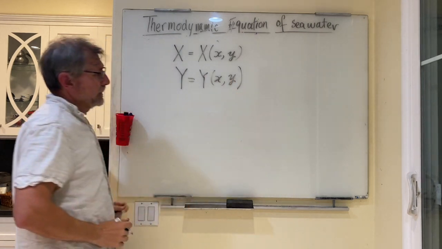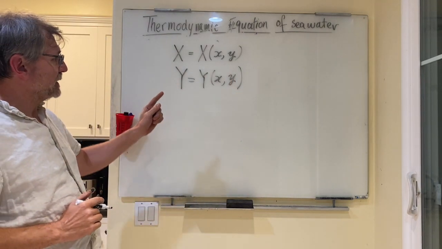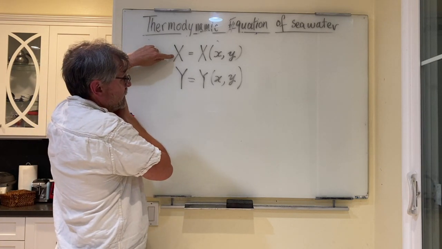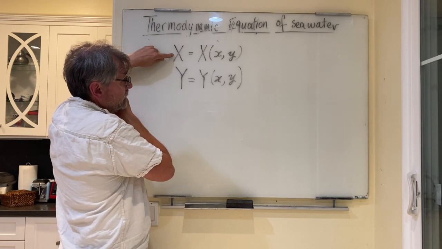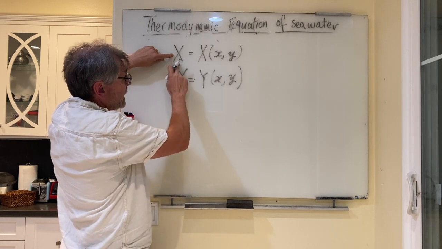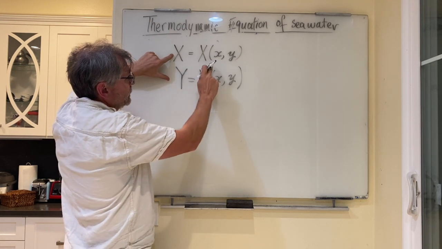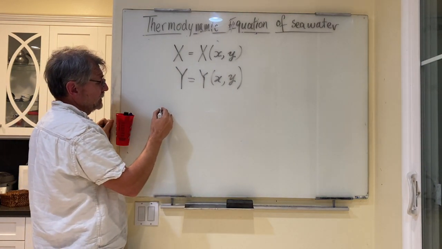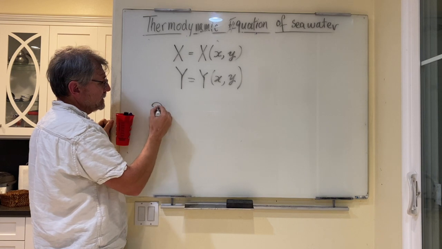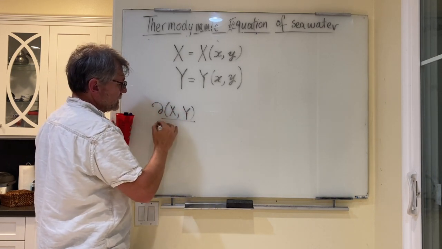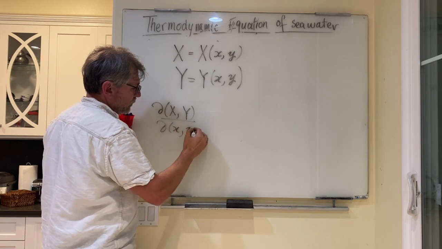Now, if I want to take the partial derivative of the big X and the big Y variables with respect to the little x and y, I can write that Jacobian determinant as d(X,Y)/d(x,y), that determinant,